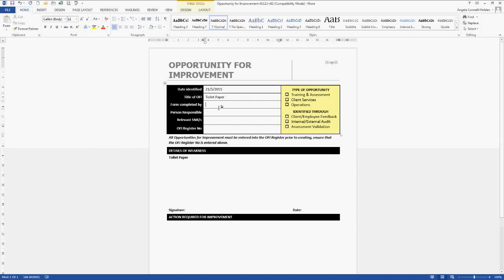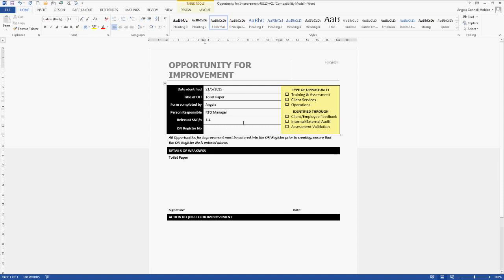The form was completed by whoever's completing the form. So I just put that I'm completing it. It could be that the RTO manager is responsible. So that's what you would put in there. The relevant SNI is client services and looking after clients. I'm just trying to think what standard this would be under. Looking after student responsibilities. I think it would actually be under resources, which is standard 1.4, which is that you have sufficient resources throughout your organisation.